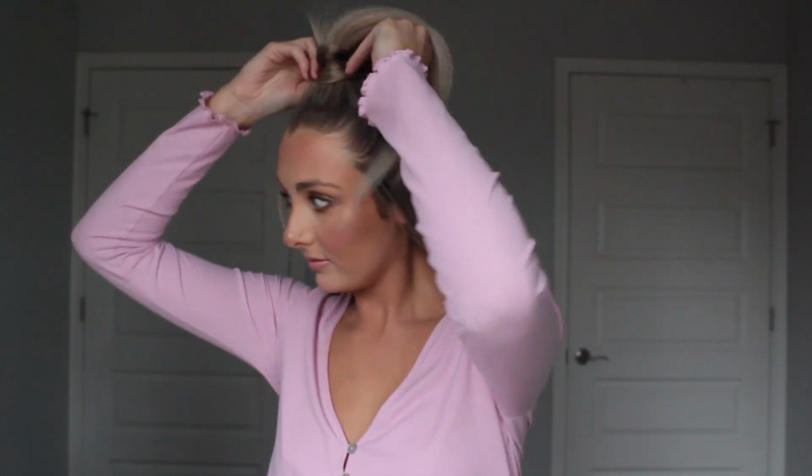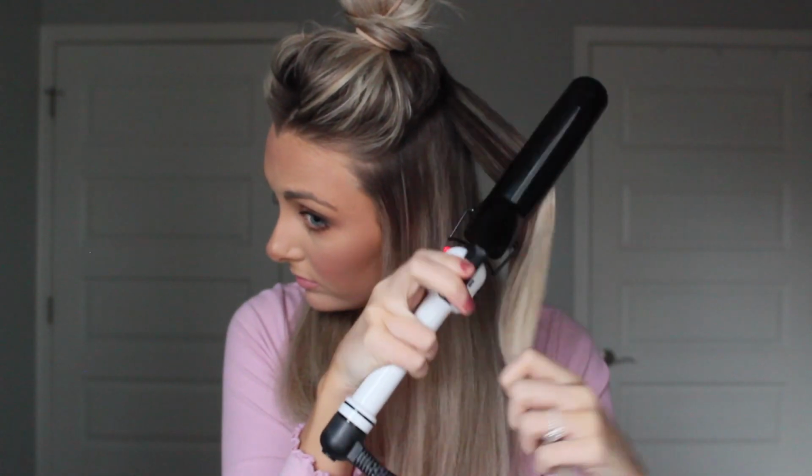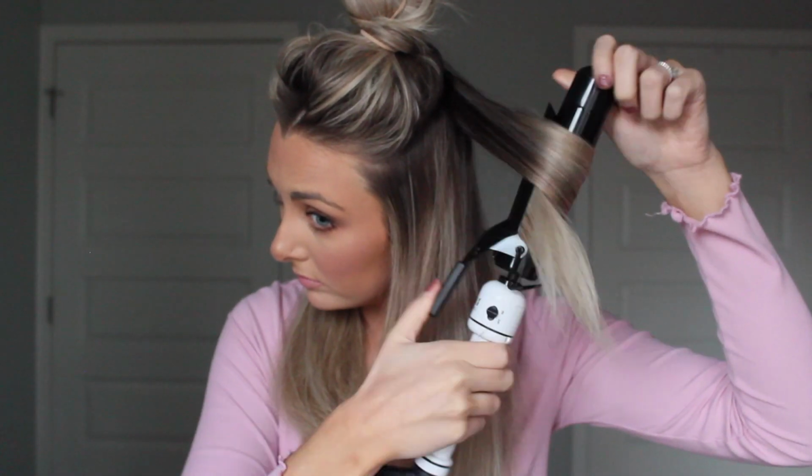Alright guys, now for number 3. I'm going to take my hair down out of this ponytail, and we are doing something completely different this time. We're not doing anything with the straightener. I'm using a 1.5 inch barrel curling iron from Hot Tools,